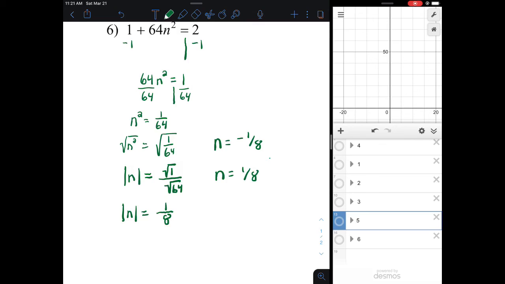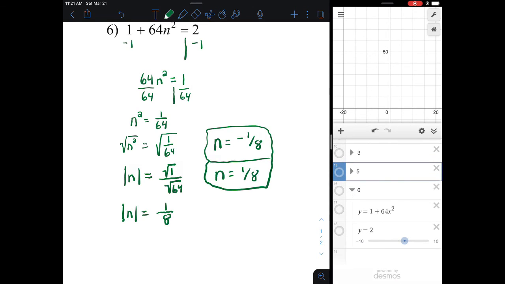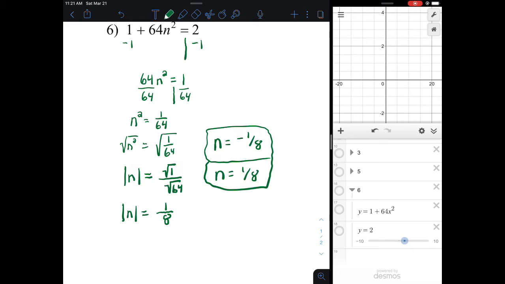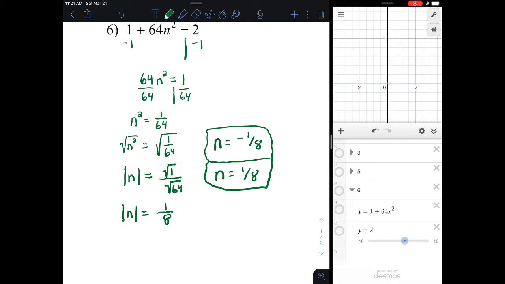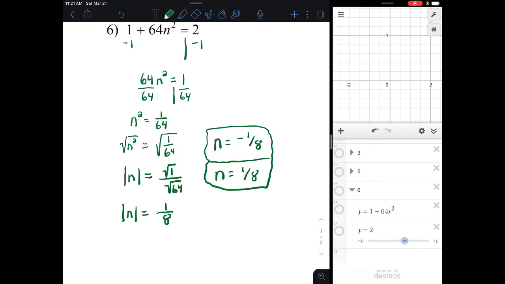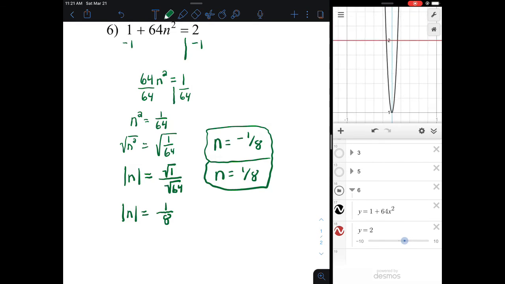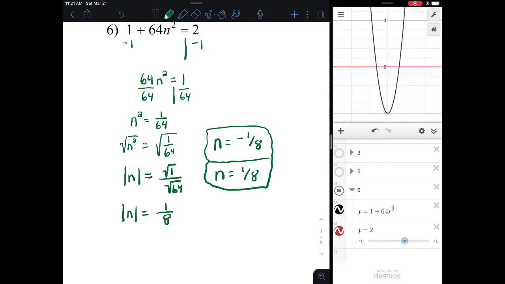And let's see this graphically with Desmos. So I want to graph here number 6. So y equals 1 plus 64x squared and y equals 2. Now I'm going to have to zoom in here. I already know that. So let me zoom in. I gotta make sure I see the 2. All right, so graph number 6. And I look and I see that, yes, they do cross each other. And they cross each other twice. And I'm going to find their intersection points. So negative 0.125 and